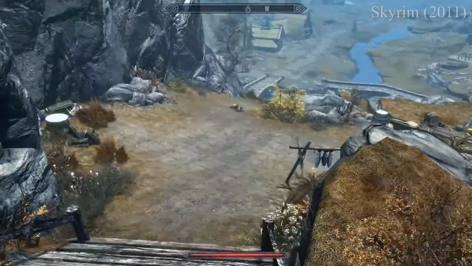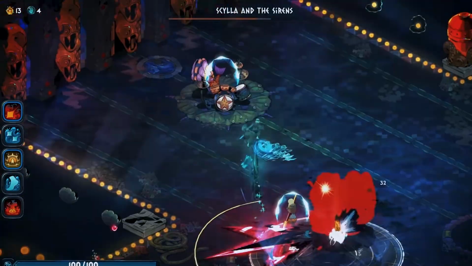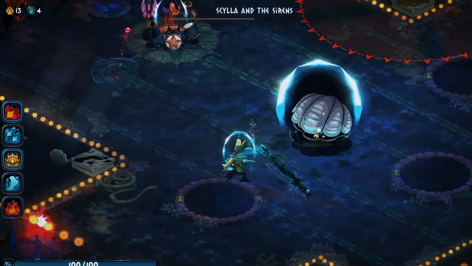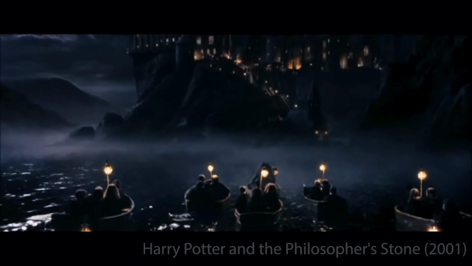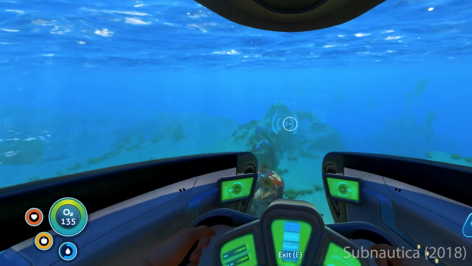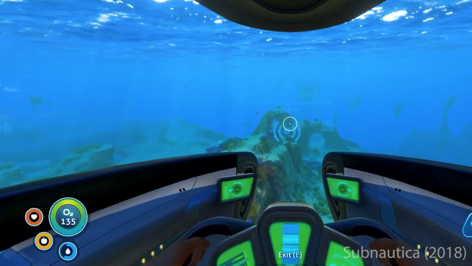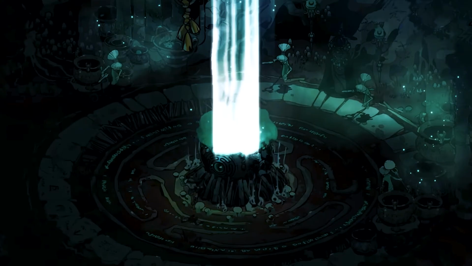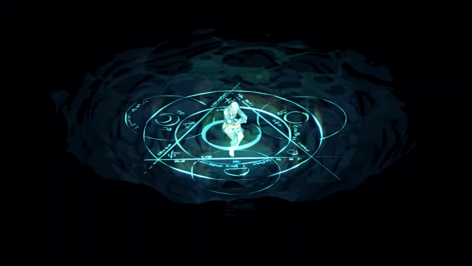But let's go back to music. Non-diegetic music is a crucial part of both games and movies. It enhances scenes and reflects their emotional core. Hedwig's theme underlines the magical feeling of seeing Hogwarts for the first time. Subnautica wouldn't feel nearly as breathtaking or adventurous without its music. And without the modern rock sound mixed with Greek traditional instruments, Hades 2 wouldn't have its unique flavor.